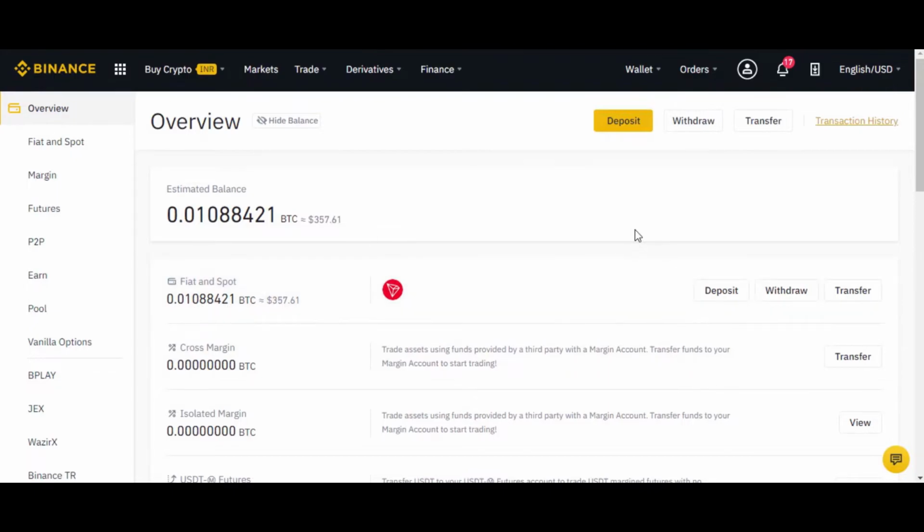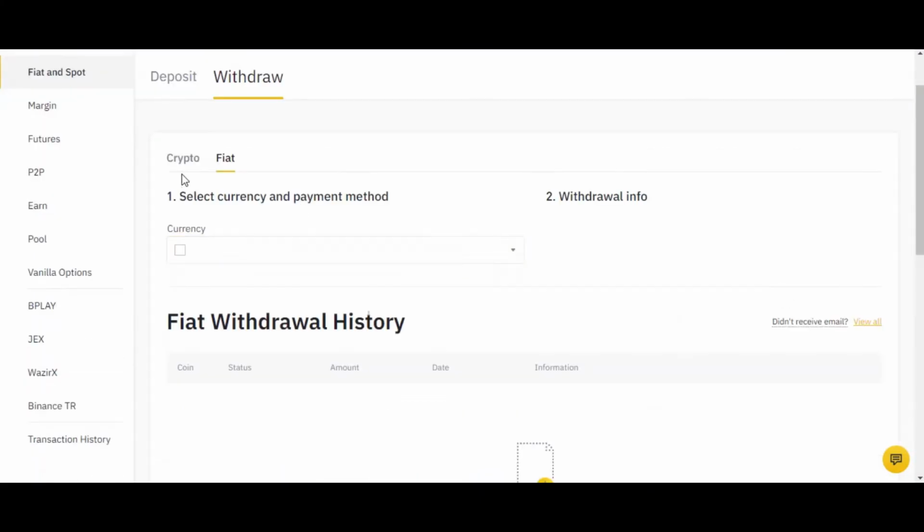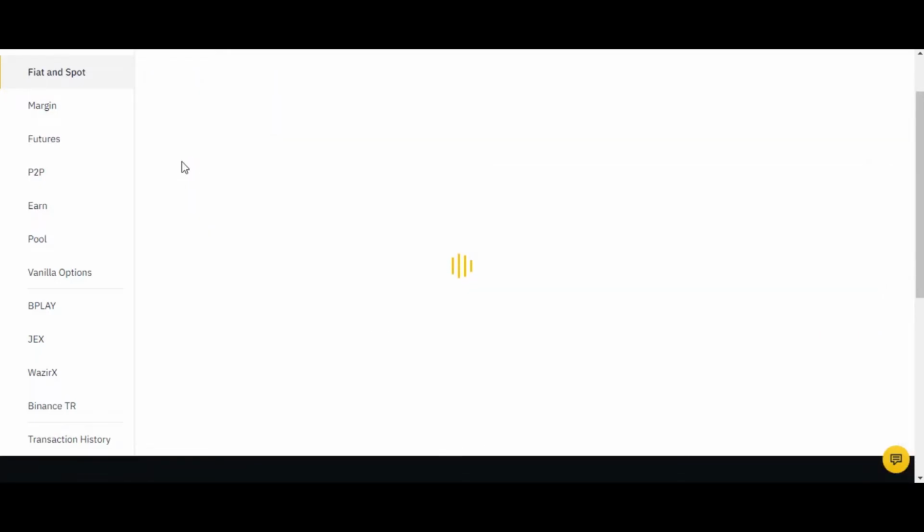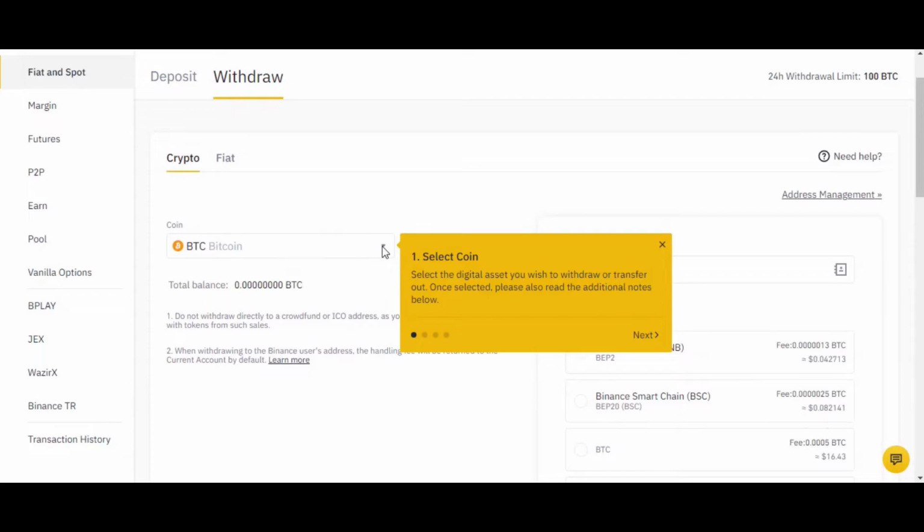If you want to withdraw this Tron, you simply need to click on withdraw. Here you need to select crypto first, then select the currency.